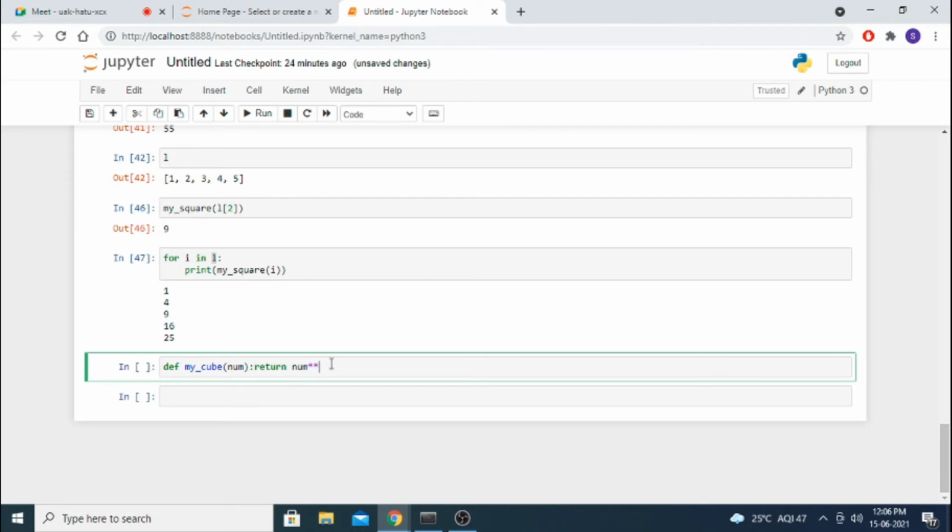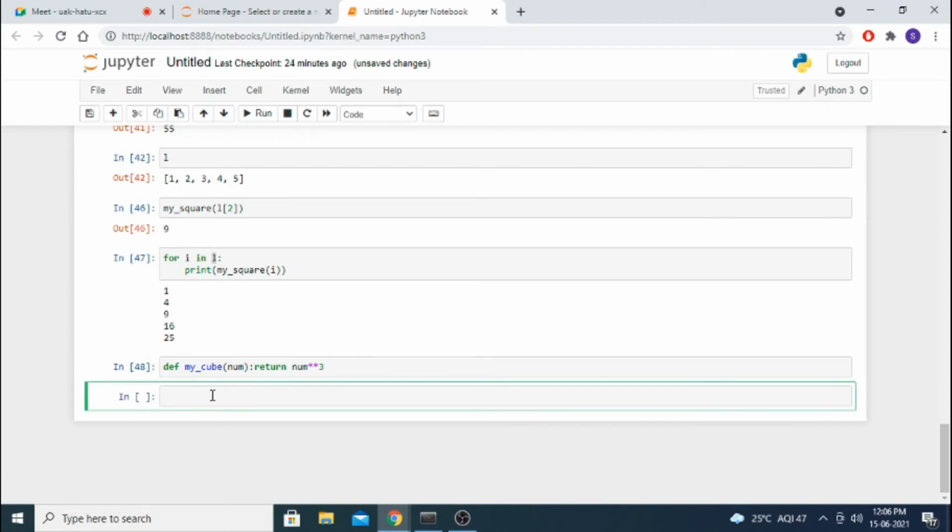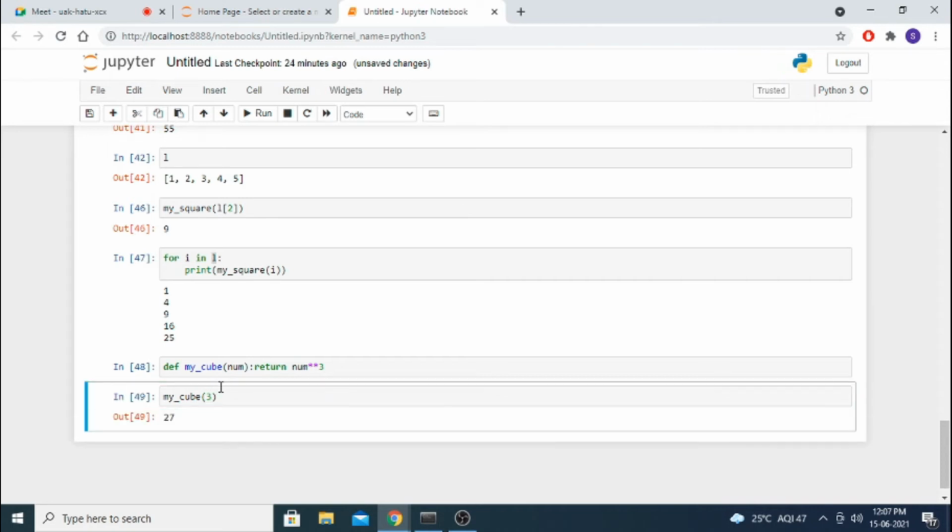Cube means what you have to do? x star 3. Okay, it's executed. Now my cube of 3, 3 cube is 27. You will get 27. So instead of writing a function in two lines, you can write it in a single line also.